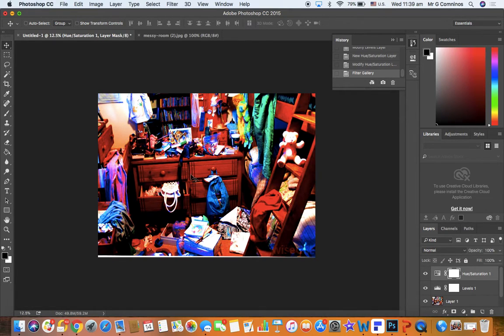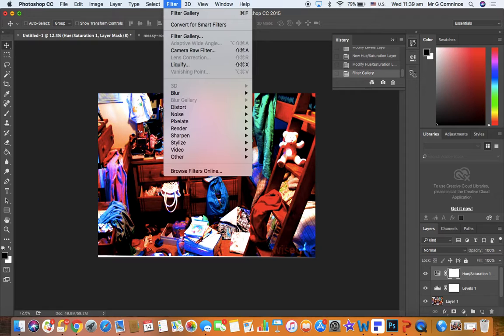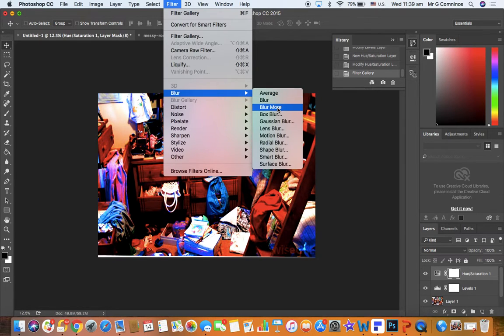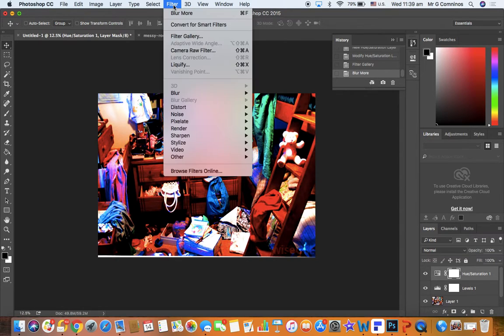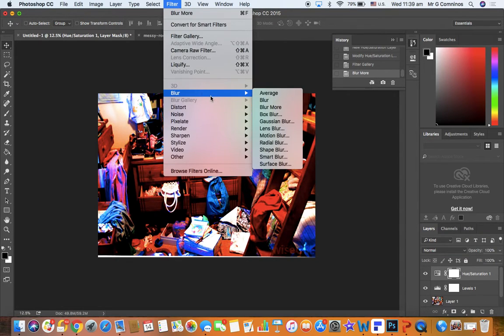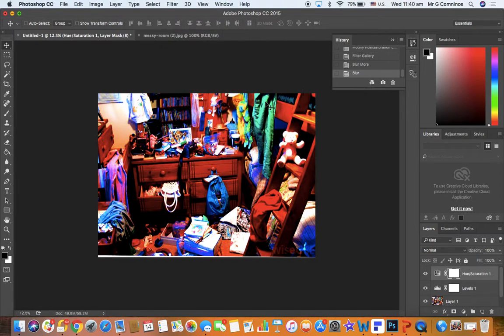I might have to have a look at how to do that, actually. Because if you go up here to filter and you apply one of the other filters, like blur, for instance, you can play around with blurring it a little bit. Blur is actually a good way to get rid of detail too. It's a little bit less intrusive than the artistic filters, but we will have a look at how to do that. So if I go blur,